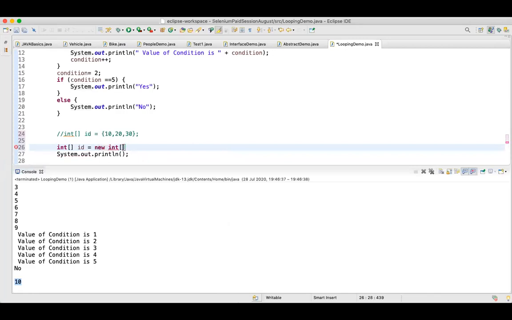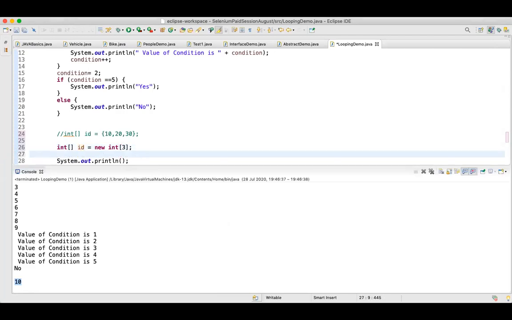In bracket, you have to specify some value. Let's say 5. So this is the limit of this particular array, right? For an array, size is the disadvantage. We have defined a limit for our array. Okay, so I'll say 3, so that I can show you something.